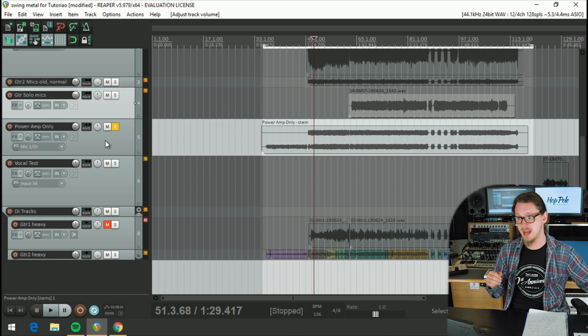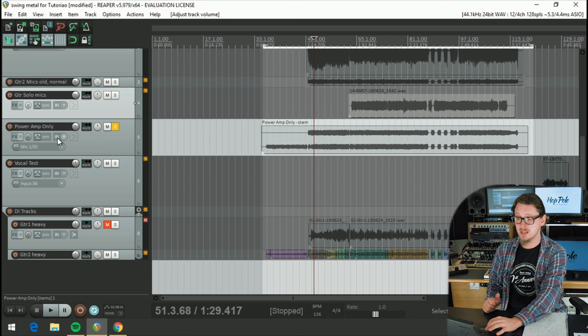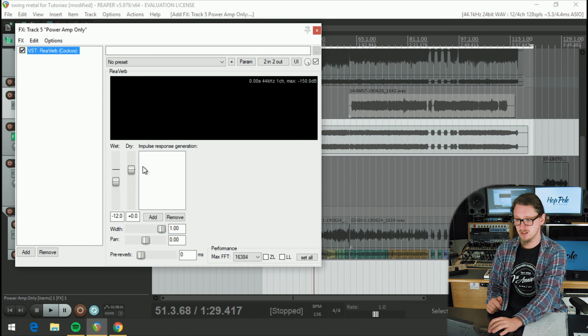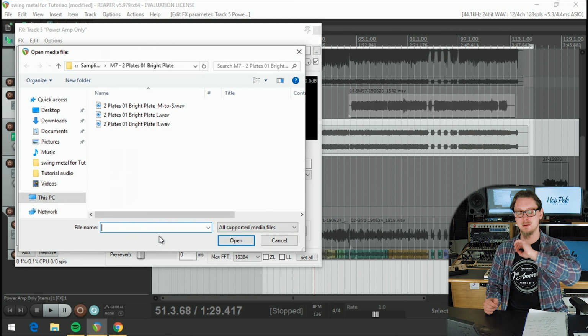It will sound really bright. And what you can do then is load up an impulse response. We've just been using impulse responses for reverb, but you can also use them for guitar cabinets. If we completely take out the dry signal here, we can add a file of an impulse response of a